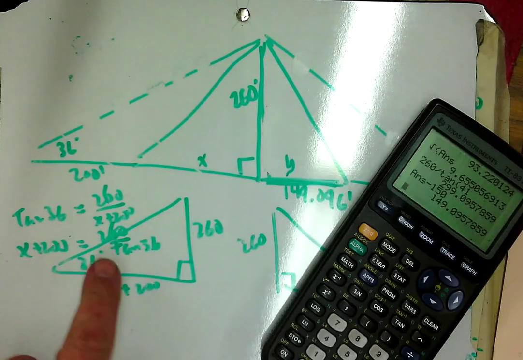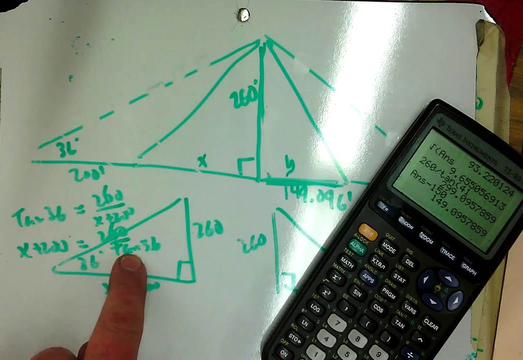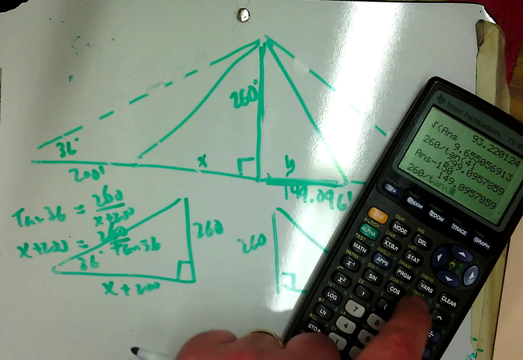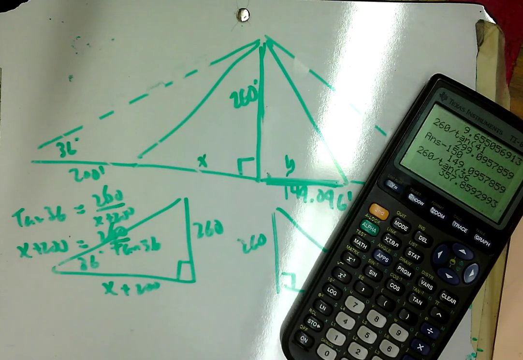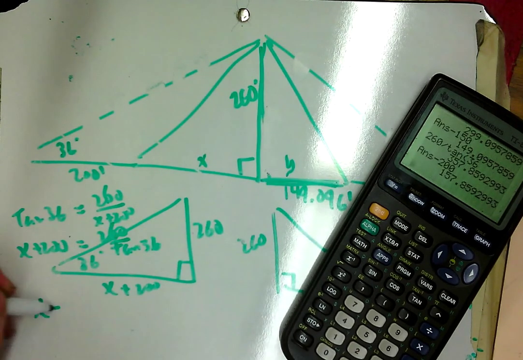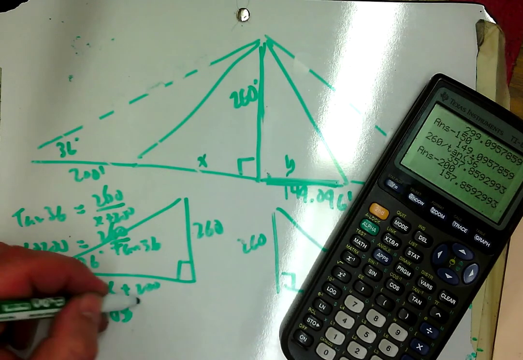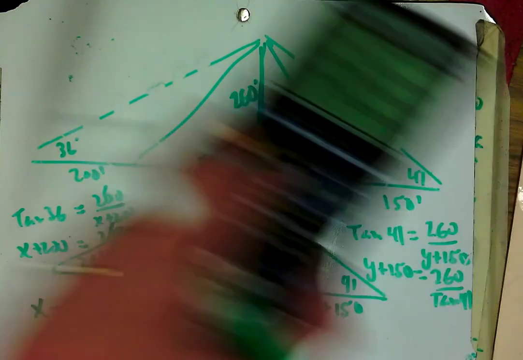So we're going to find 260 divided by tan 36, subtract 200 to find x. 260 divided by tan 36 minus 200, and we get x equals 157.859 feet. So this part,